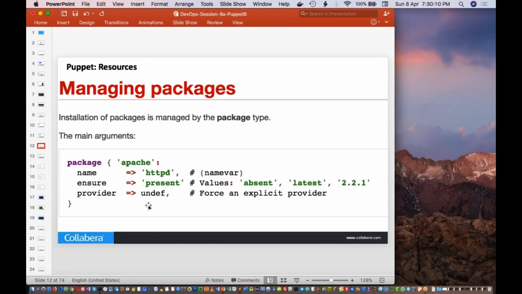If you want to force a provider like apt-get or yum or anything, then you can manually add the provider like this. But if you don't provide this, then Puppet will automatically identify the provider based on the facts or the output of the facter command.